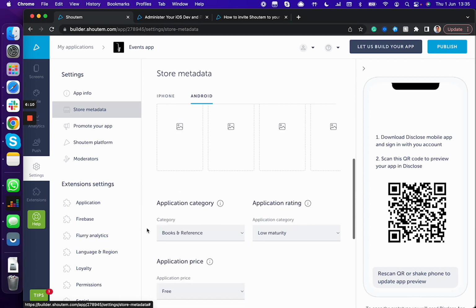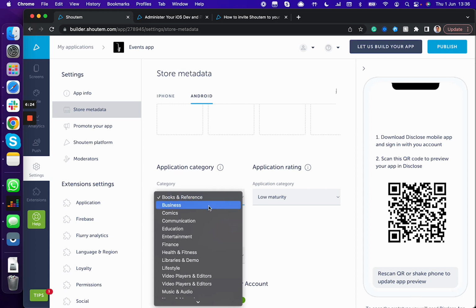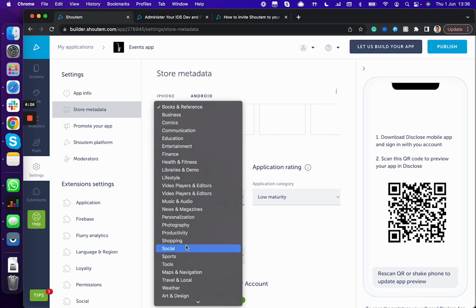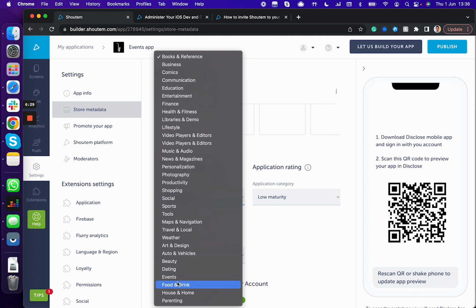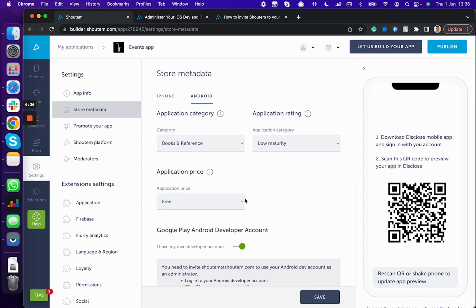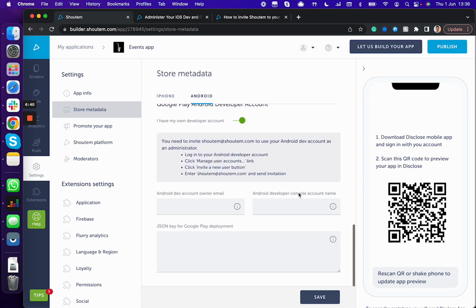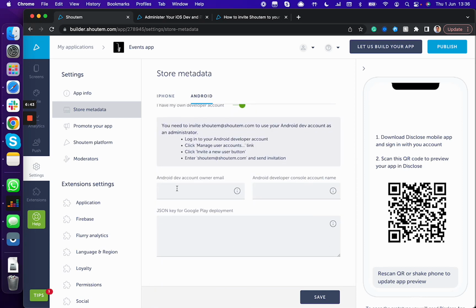Also, you are entering the screenshots, what the users are going to see. For both iOS and Android, you are deciding which category the app is going to be. If the app is communication, entertainment, finance, there's a bunch of categories. Actually, this is from Google and Apple Store, and how to categorize the app. You are deciding also if the app is free or paid. If it's paid, you are deciding what's the price on that, and also you are entering